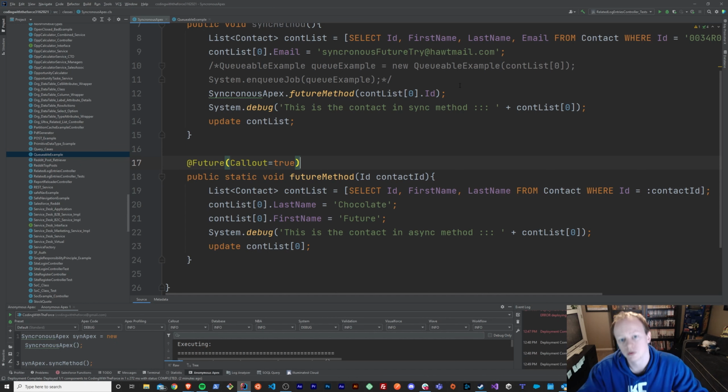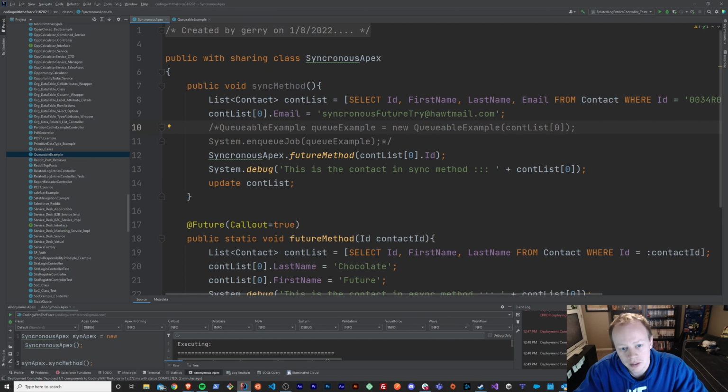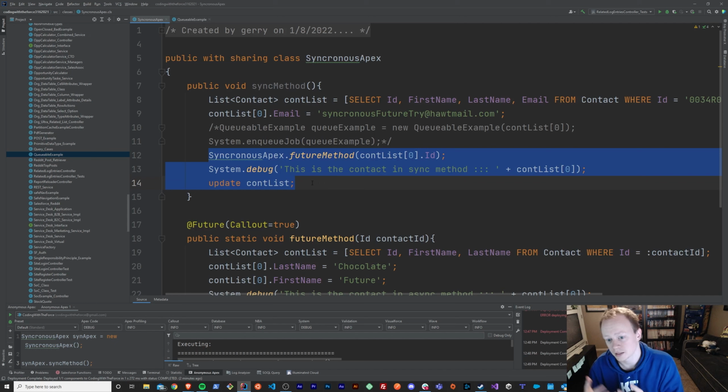All right. So we've handled the two near-term things. Now there is one thing that I want to talk about real quick before we get into schedulable and batchable, because this is important, especially for schedulable and batchable jobs. There's this thing called record locking, which is something that I thought maybe would happen because I'm working on the same contact here and I'm updating it here as well as in the future method and in the Queueable. And when you're updating something at the exact same time as another process, what happens is process 1, the one that started working with that record first,